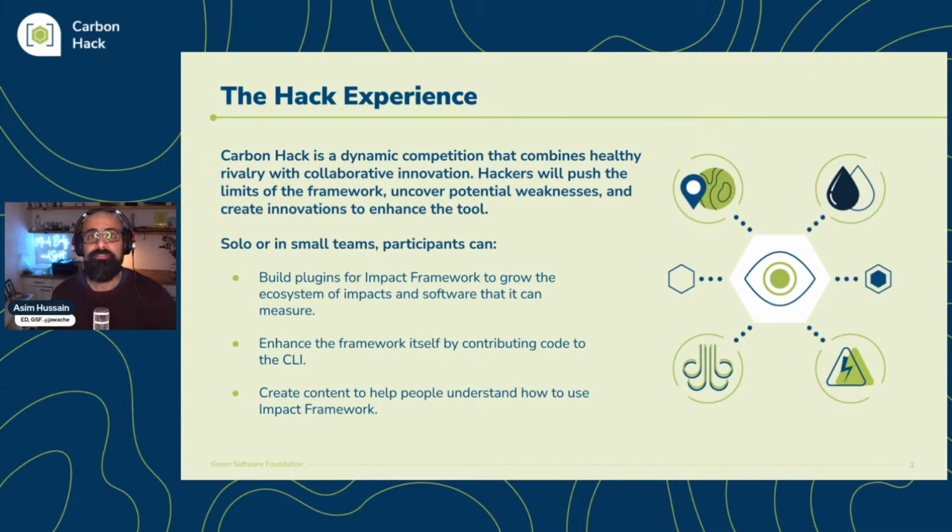It's a hackathon. So it's an experience. It's a friendly competition, healthy rivalry, hopefully a lot of collaboration, and we're really hoping that you'll push the limits of the framework and really help us to grow the ecosystem for software measurement. So solo or in small teams, we want you to build plugins for Impact Framework. We want you to make enhancements to the framework itself by contributing code to the CLI tool.